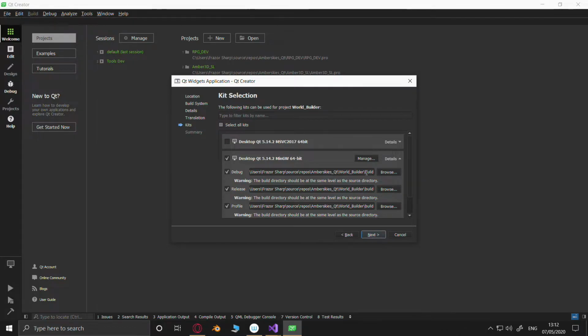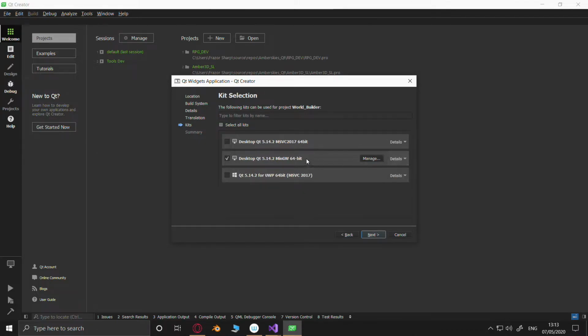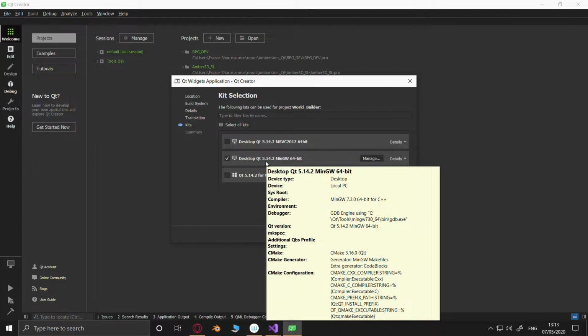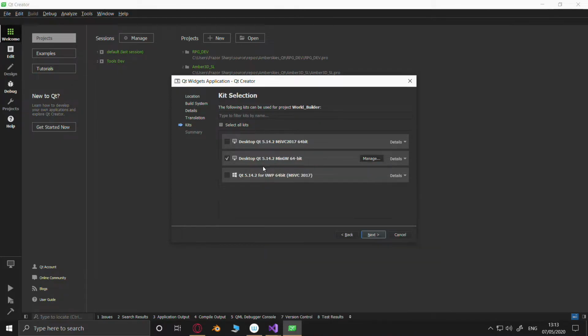World Builder, build. Yeah, that's looking good. Reason I don't want it on MSVC is because I want to set it up so that I can translate it over to Linux.